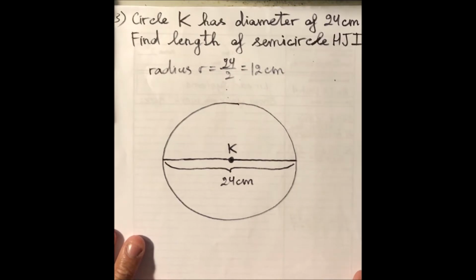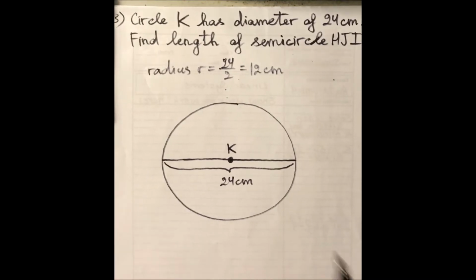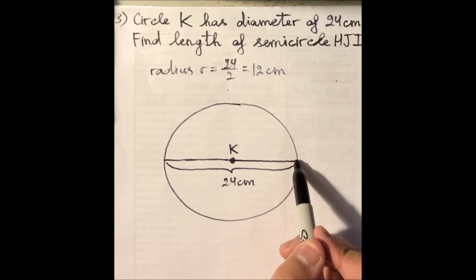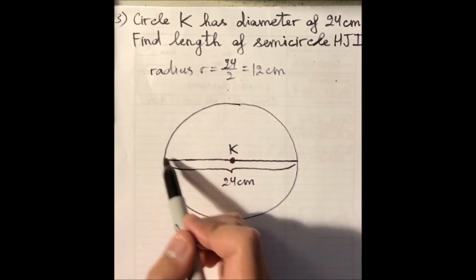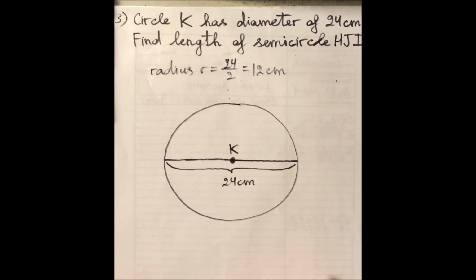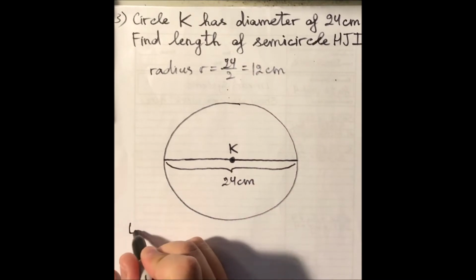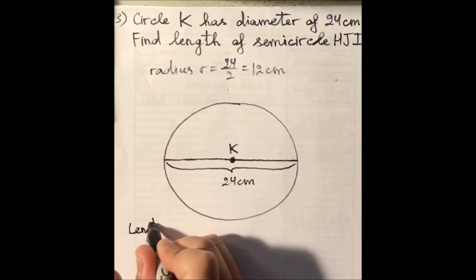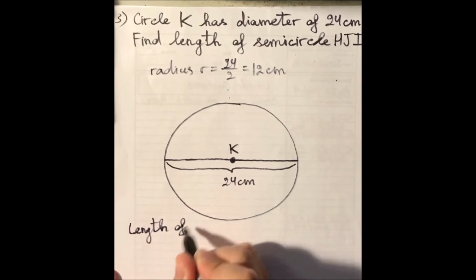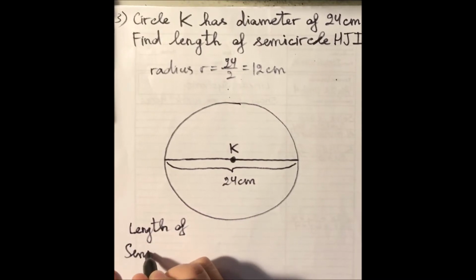Well, the length of the semicircle is only half of the circumference of the entire circle. So that means we are going to find the length of this arc plus the diameter. So really, length of semicircle